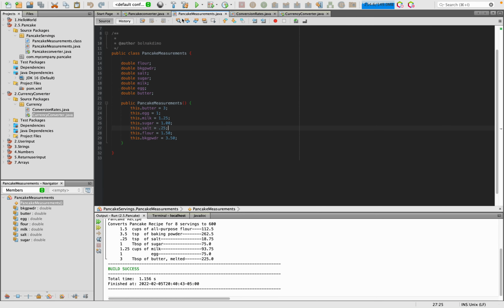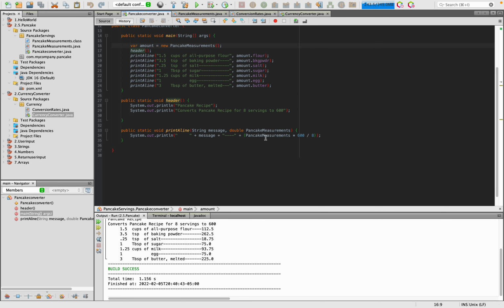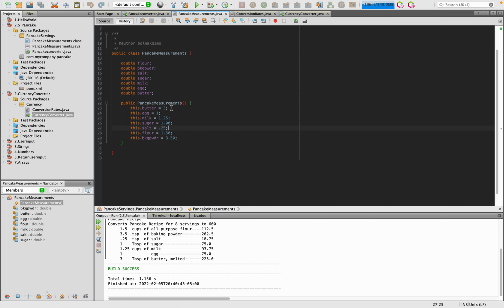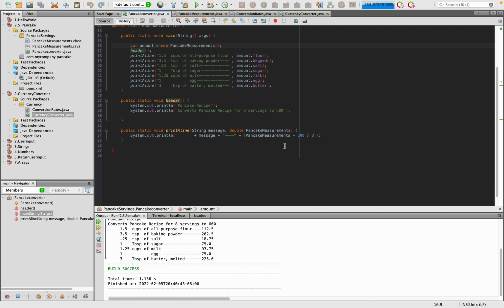So if we go back to the currency converter, again, my formula was to take the measurement number, multiply it by how many servings you need, and then divide it by the original recipe that you already have. The original recipe was 8 servings, and the amount of servings that we need right now is 600. So I took the pancake measurements, again referencing right here, the pancake measurement of butter, 3, egg, 1, milk, 1.25, and so on and so forth. And then we go back here, it takes the pancake measurement multiplied by 600 divided by 8, and we get